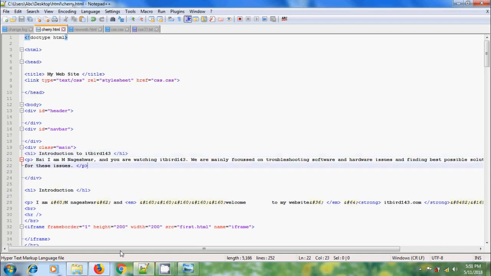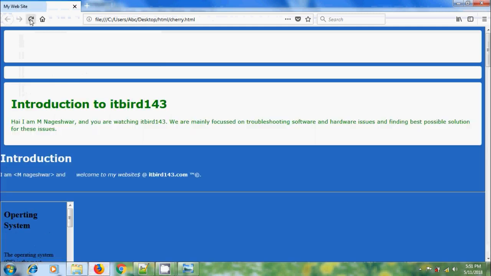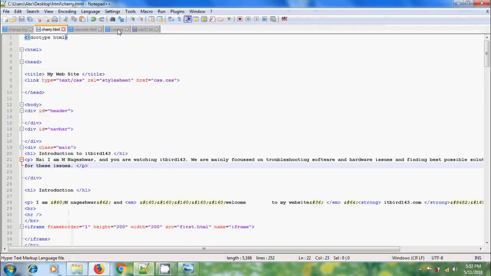Save the HTML, come to web page, reload, and we got content in the main section, and main section will be adjusted automatically to the volume of data in the section because we made this as a dynamic section to allow us for adding more and more content. And I want to add style to the heading. Come to CSS,